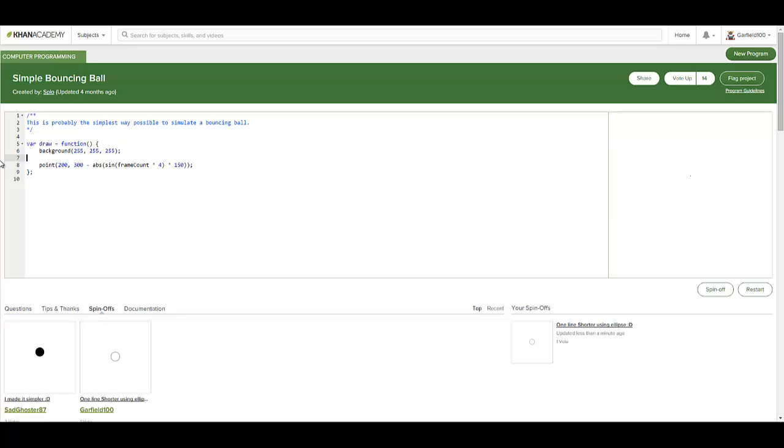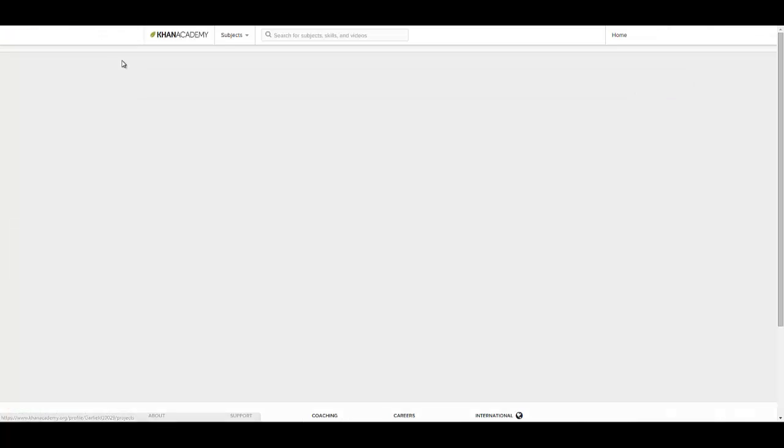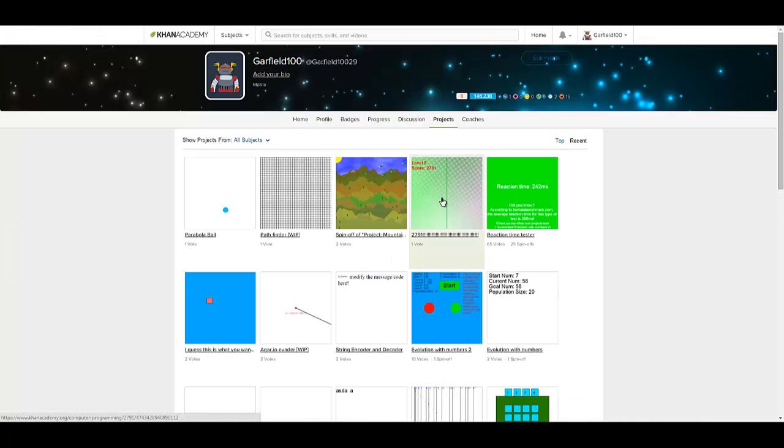So if you remove this, this just becomes really tiny. Don't know if you can even see it. So he did this, which is understandable. But then I decided to use an ellipse, which just draws the circle and isn't a point. So it is a line shorter. Never mind, not a very big accomplishment.